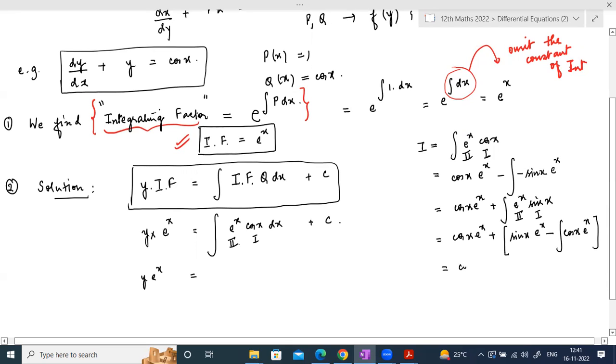This is equal to cos x e to the power x plus sin x e to the power x minus I. And I plus I becomes 2I is equal